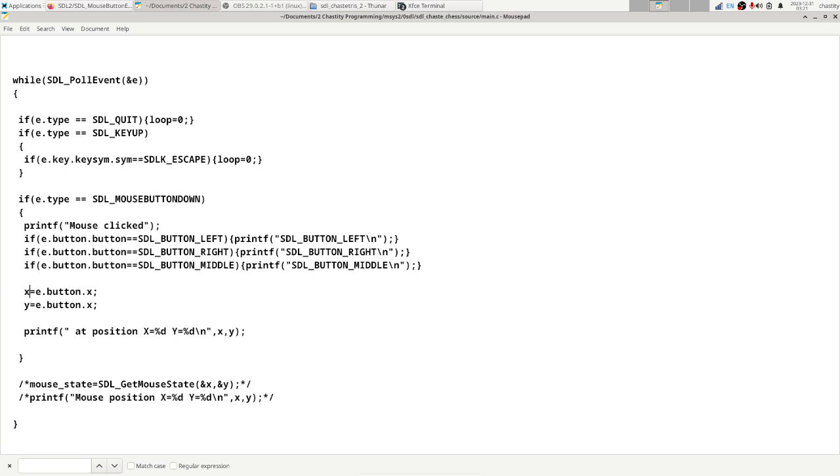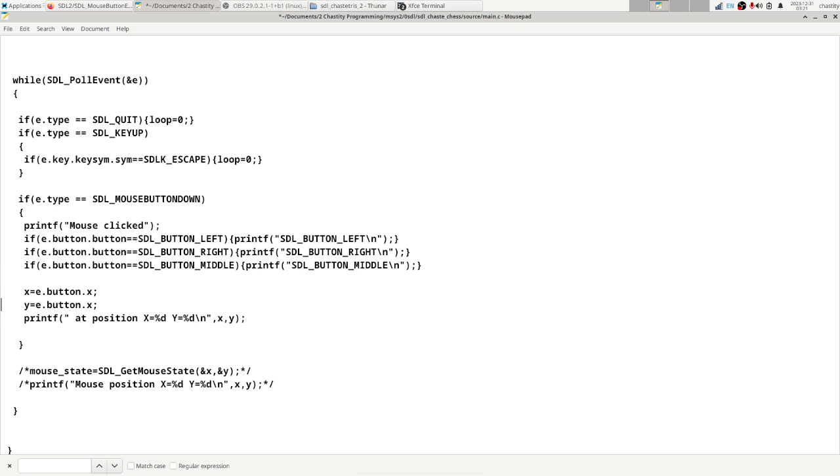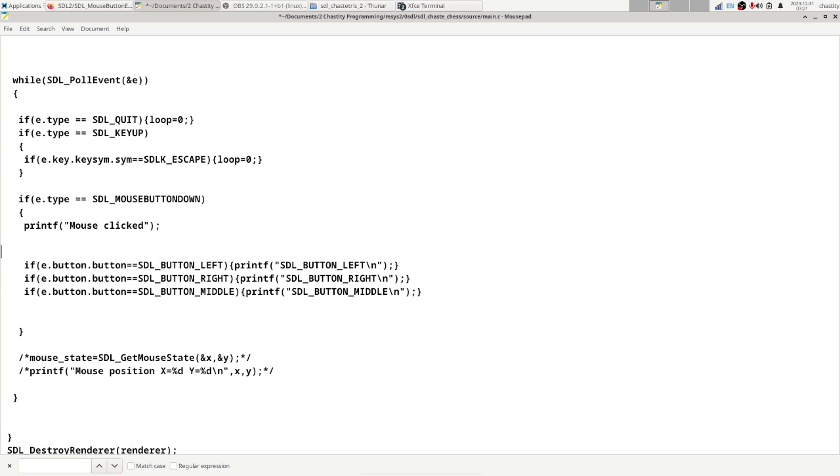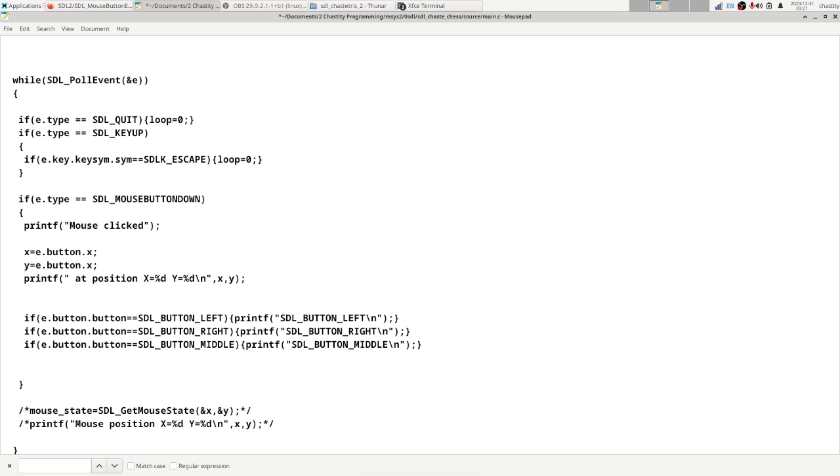So when there's a mouse button event down, we have mouse clicked